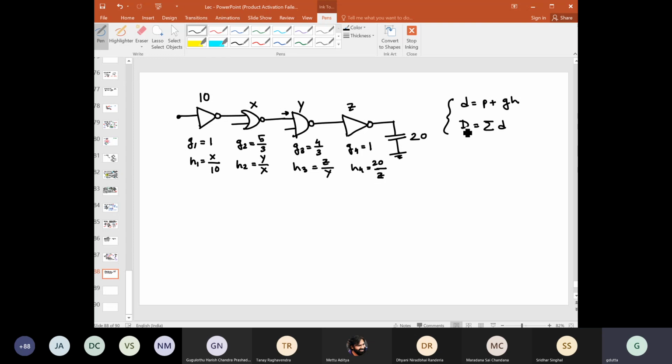Then yesterday we were asked how you can find the total delay. If you want to find the total delay, these X, Y and Z have not been given to you, right? So you don't know their sizes, and the total delay depends on the sizes of X, Y and Z. Until you know the values of X, Y, Z, how will you find the total delay? That was the question, right? So we will try to solve this today and see what the total delay is. Obviously that delay will be the minimum delay. We'll put the criteria and try to find it out.